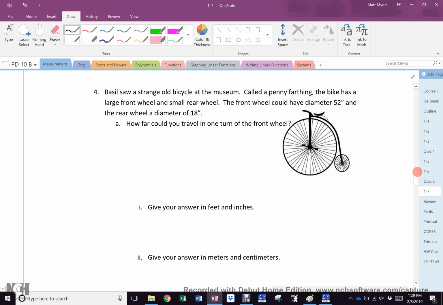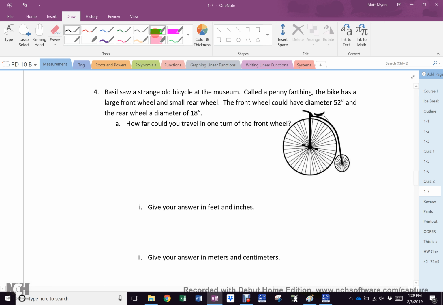Now, I personally think it would be wicked awesome if somebody would hop on one of the X Games half pipes with one of these bad boys. I think that would be badass. That would be extreme. But, all right, so